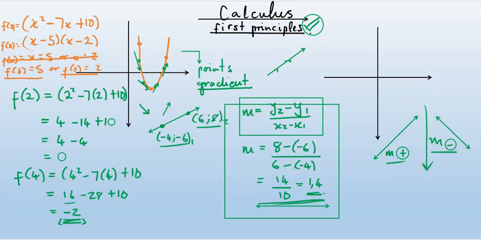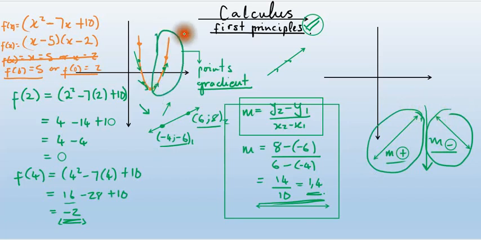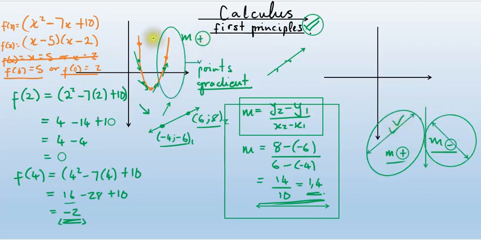But there are questions that are going to come, analyzing of graphs or analyzing of curves, and we're going to say when we have gradient positive, we're going to need those moments when we have gradient positive. When are we going to need those moments when we have gradient negative out of the graph? Now, if you look at this, this whole side suggests positive gradient to me, because all the tangents will be slanted this way, right? And this whole side